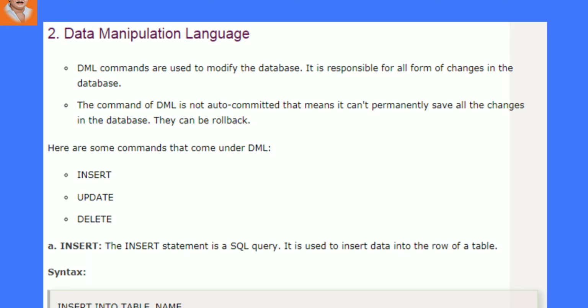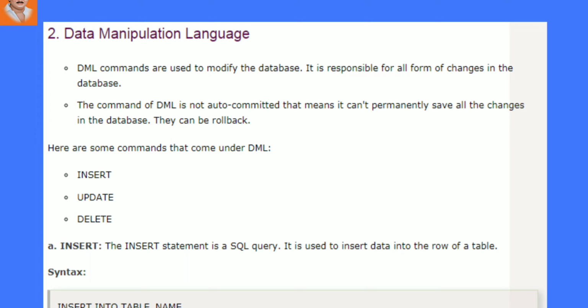Here, data manipulation language means it manipulates the data fields or the information. Suppose, for example, you are using permanent address and temporary address in the column of the employee or student table. Suppose the student wants to change their address, then you can change the address.